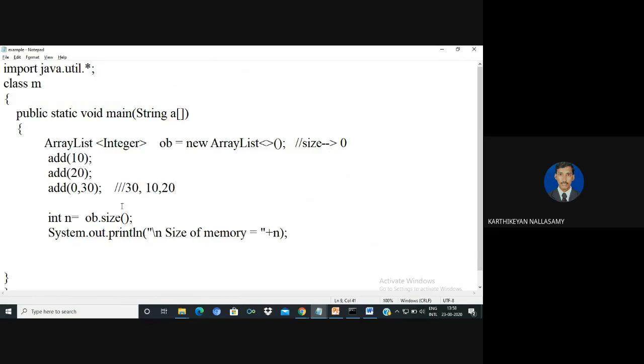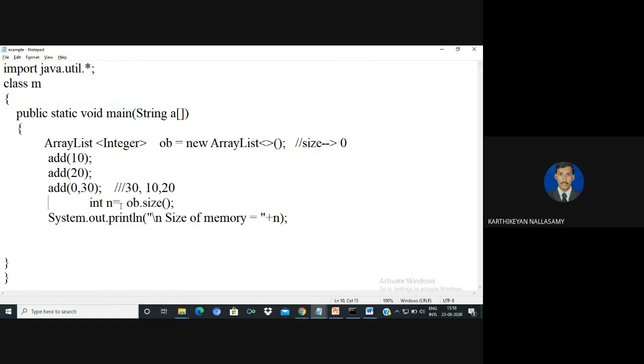Now I find the value of the size. I'm going to try to display the values of the array list. So for i equal to 0, i less than the size, I'm going to print the values.